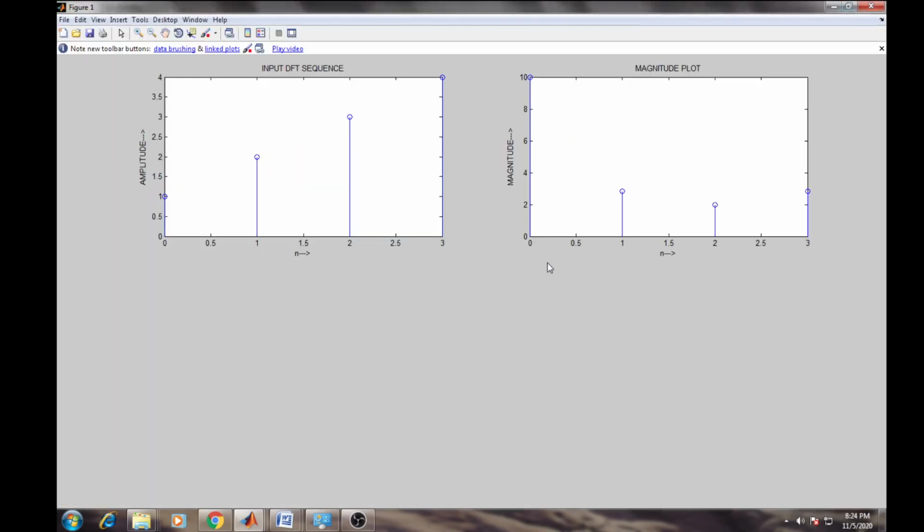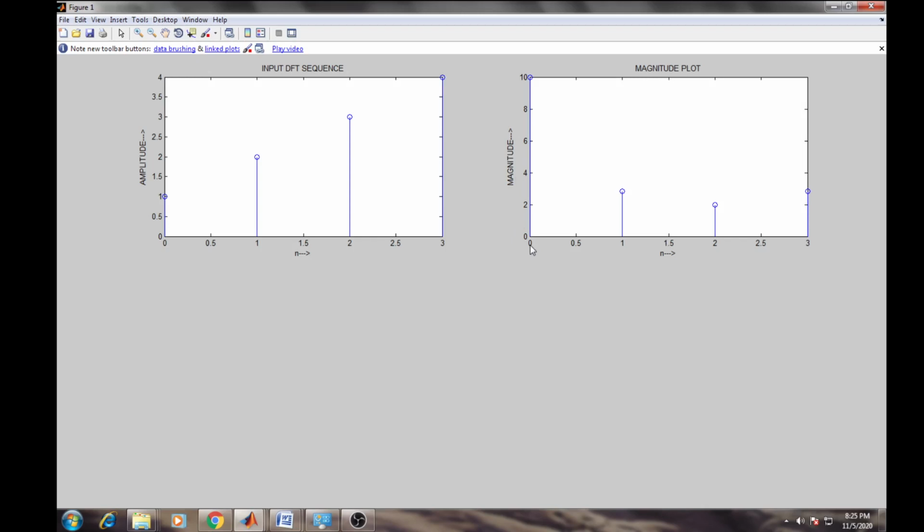It is a magnitude plot. Over the screen you can see this. On the x-axis you can find the value of n, and on the y-axis you can see the magnitude.